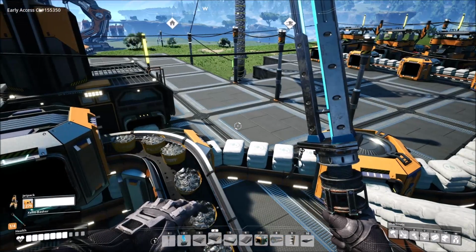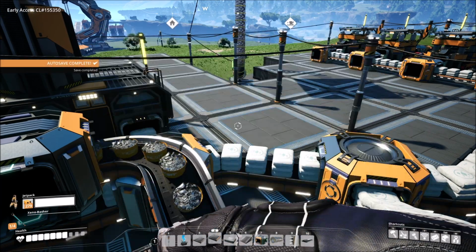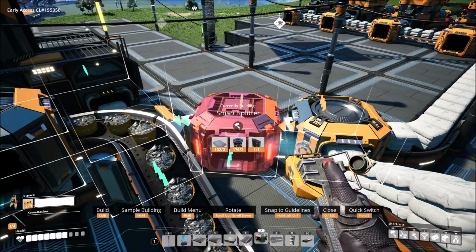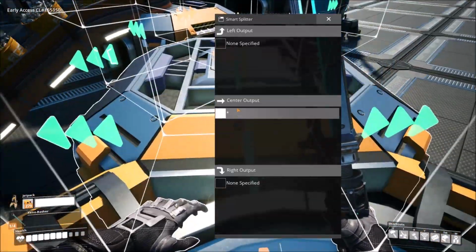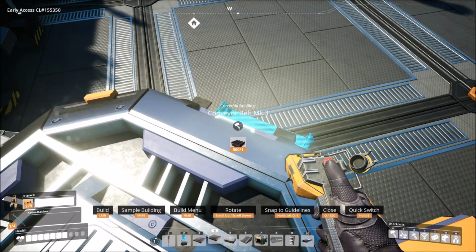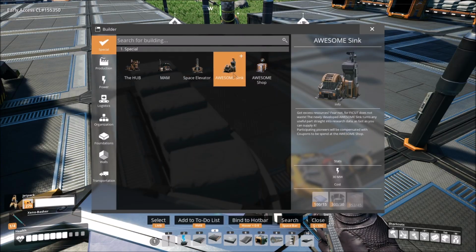Now, I don't know if there's a good way to handle that for now. I'm trying to think if there's an awesome sinky kind of way to do it. What we could do is have a smart splitter for a minute. Yeah, this might actually be a cool way to do it. The turn of the belt is too sharp for an attachment. Boo, that stinks. Actually, wait, hold on. We can sneak it in right here. This is super ugly. But center output can be star. Right output can be overflow? Does this sound like it works? Yes, beautiful. Okay, so what we can do is awesome sink this